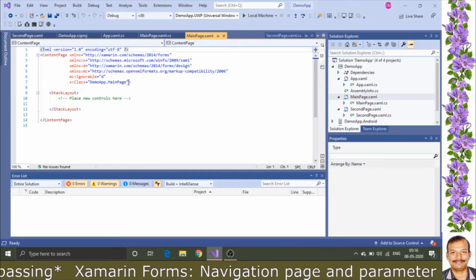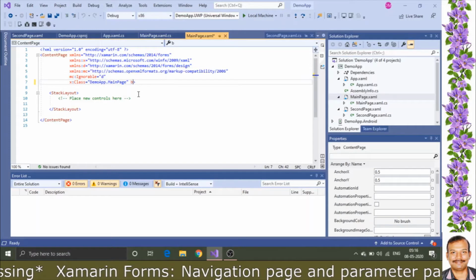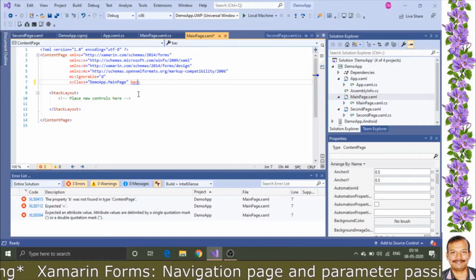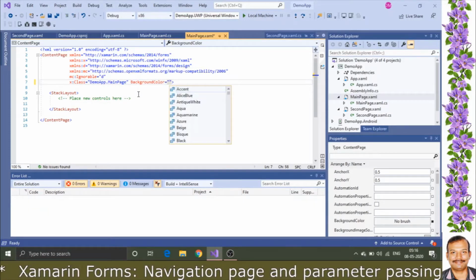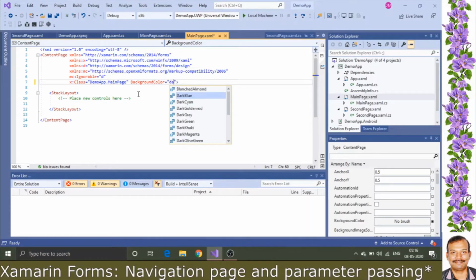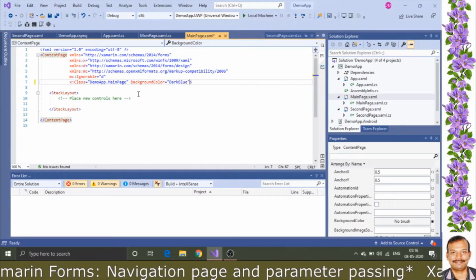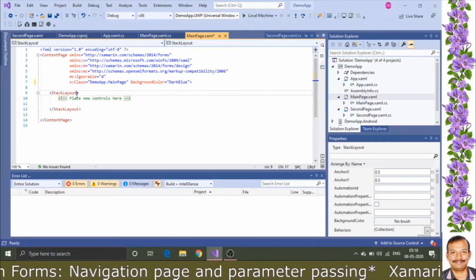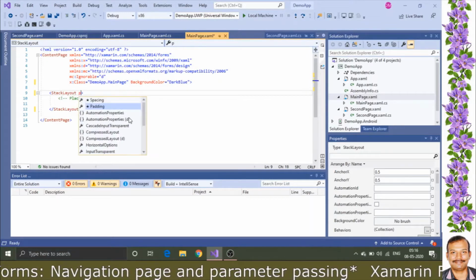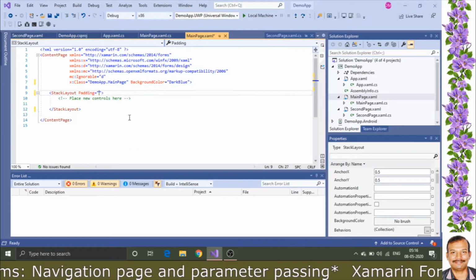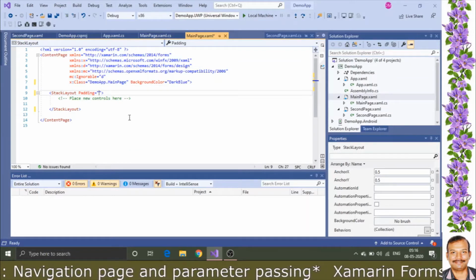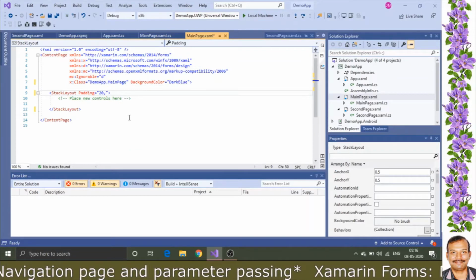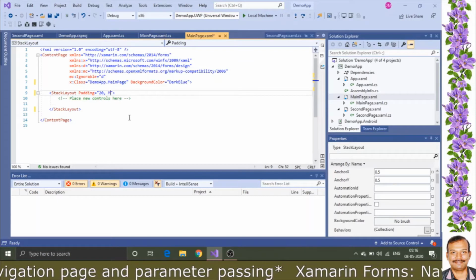In this content page, as usual, you need to give the background color, and we are giving dark blue. Then in the stack layout, we need to give the padding and margin.